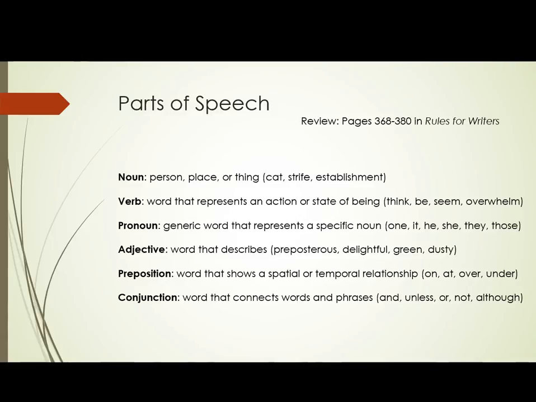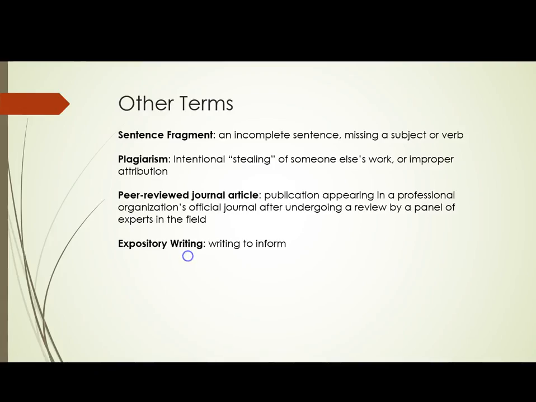So parts of speech. If you want to review this more closely, you can go to page 368 and then all the way through 380 in your textbook. So a noun, person, place, or thing, and then I gave you some examples. So I'm just looking for a very general definition. It doesn't have to be detailed. I'm not looking for anything fancy. So for conjunction, if you put connecting word, I would accept that. So you can pause the screen and take a look at these definitions and examples, but I will move on.